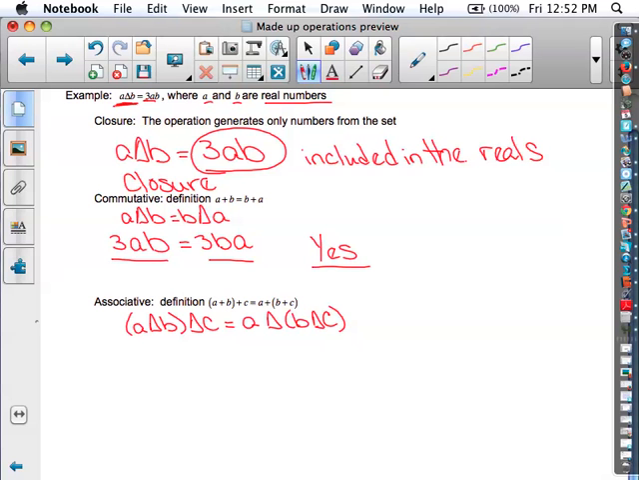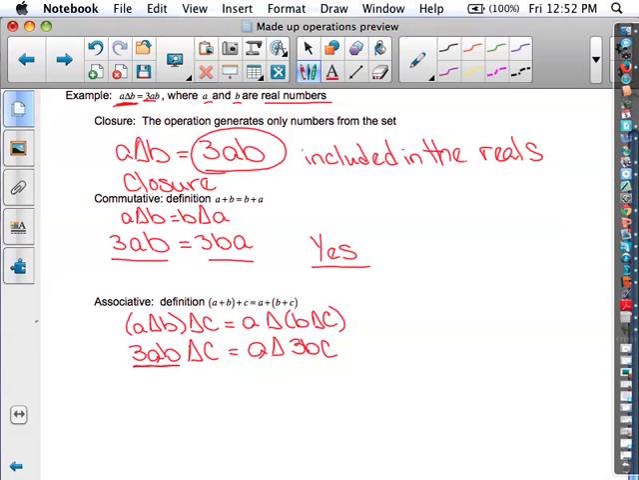Now you have to go back to your rule. A delta B gives you 3 times the first times the second, which is going to give me 3AB delta C. On the other side, I have A delta, and I have to do the parentheses first, B delta C. So that's going to generate 3 times the first element times the second element. Now I have to perform the operation delta again. This time,